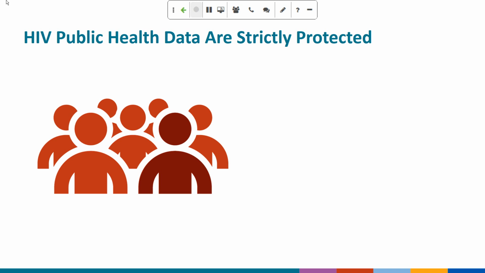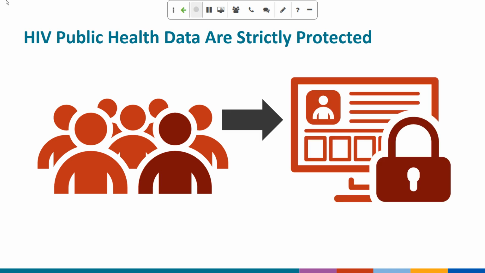In response to these concerns, CDC and health departments implemented unprecedented, strict policies and procedures to ensure security and confidentiality of the data. The use of these data was severely restricted. Because of community input, coupled with the fact that there weren't good prevention and treatment options at that time, most programs did not use the data to implement individual-level prevention efforts.